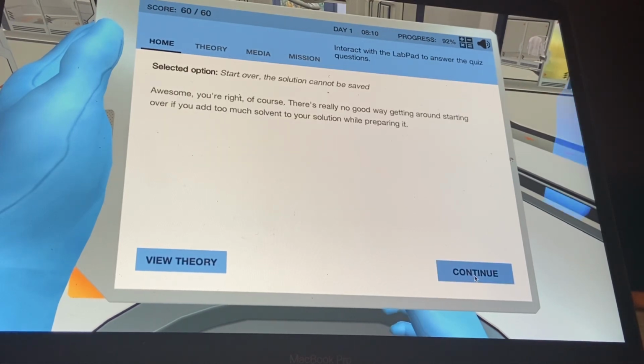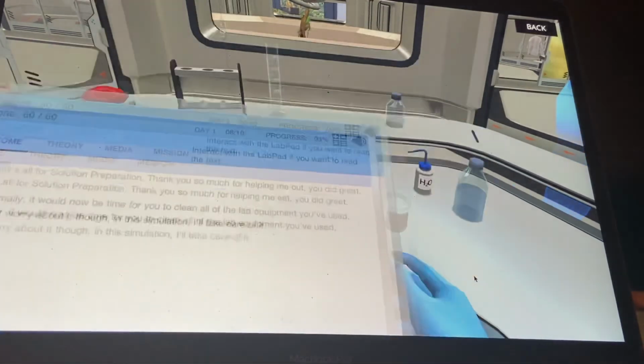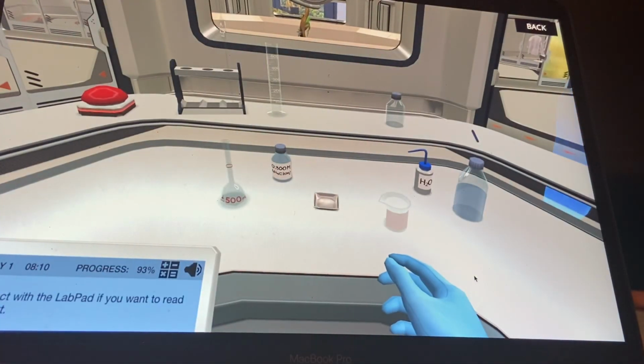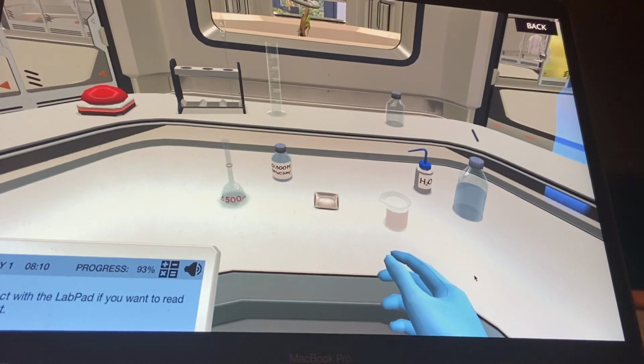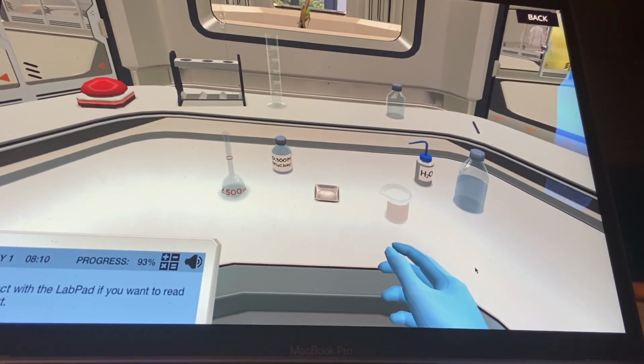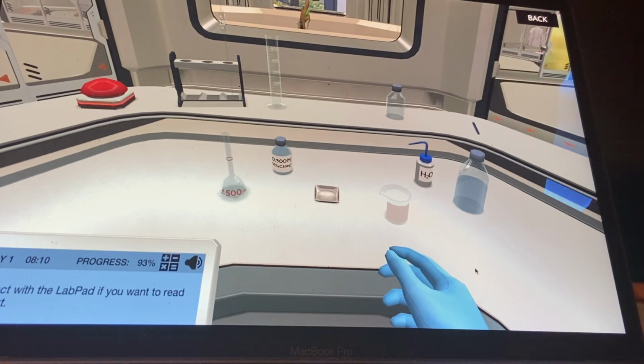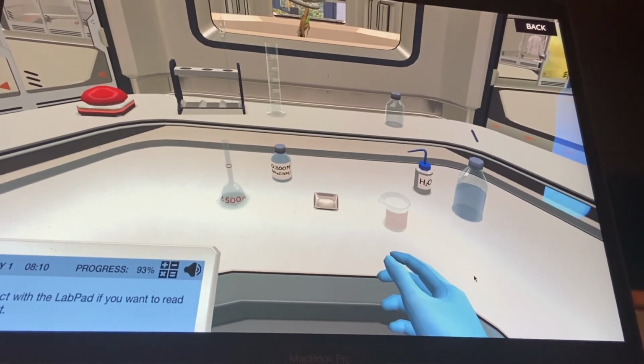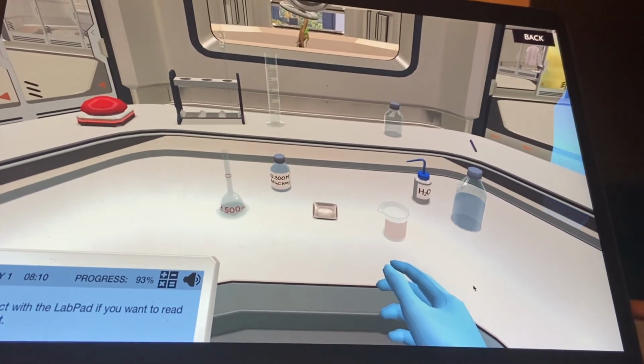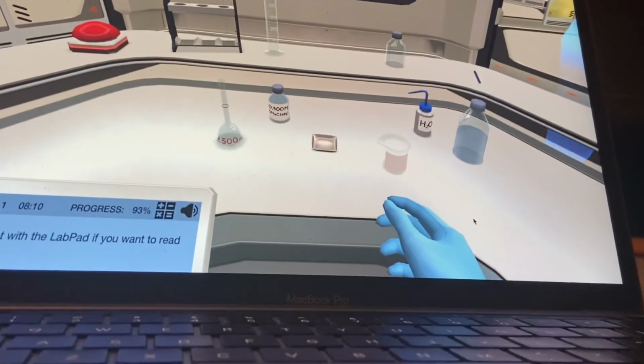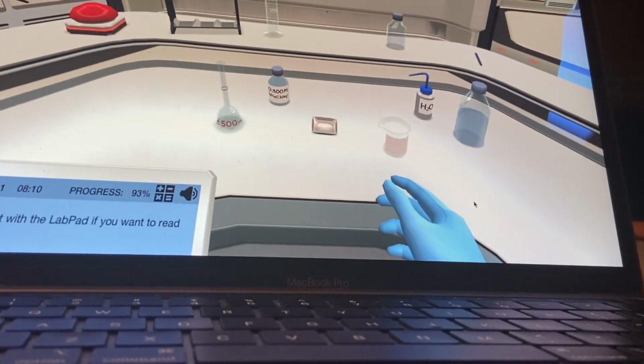Awesome, you're right, of course. There's really no good way getting around starting over if you add too much solvent to your solution while preparing it. That's all for solution preparation. Thank you so much for helping me out, you did great. Normally, it would now be time for you to clean all of the lab equipment you've used. Don't worry about it though, in this simulation, I'll take care of it. Let me ask you